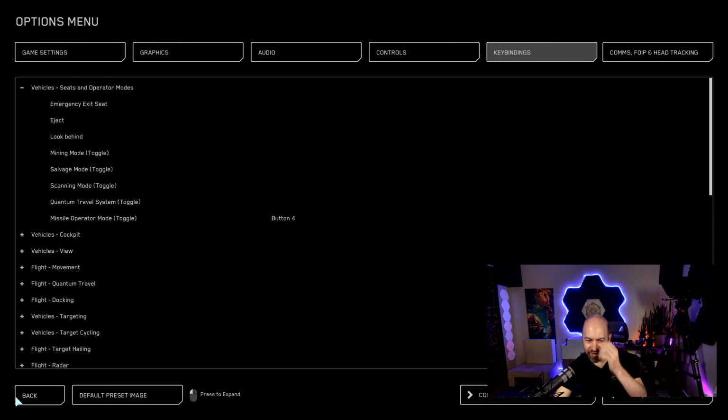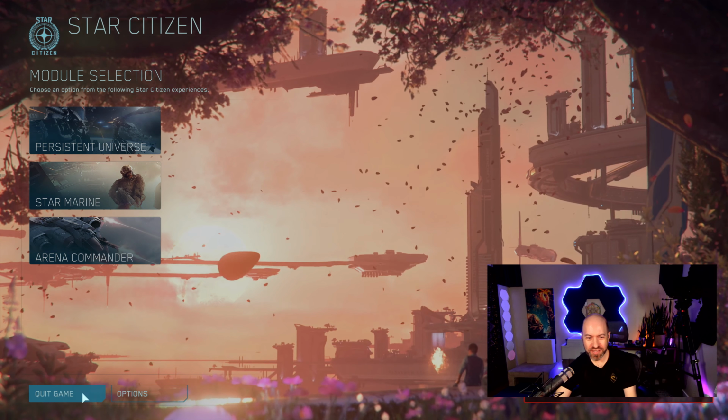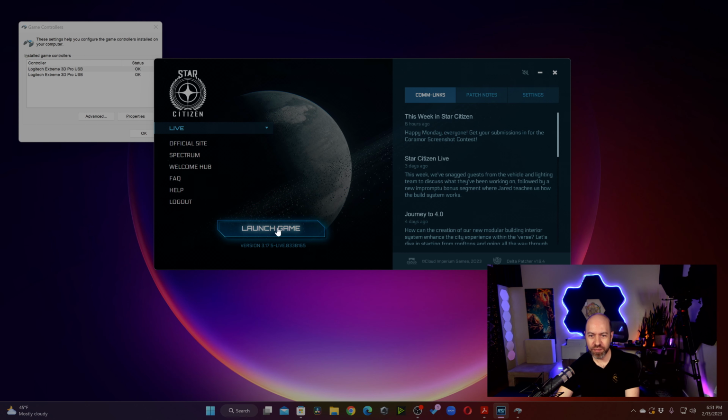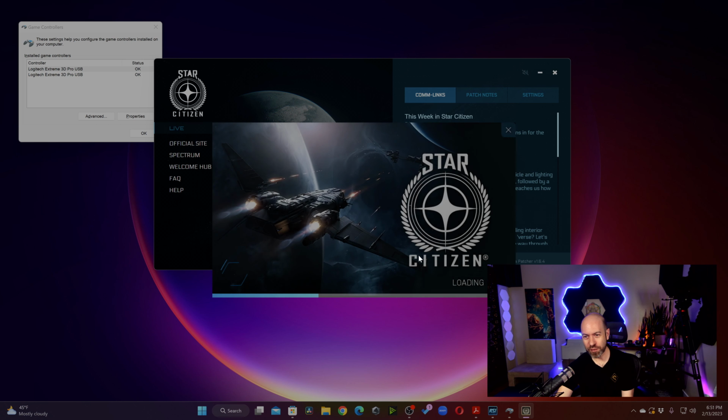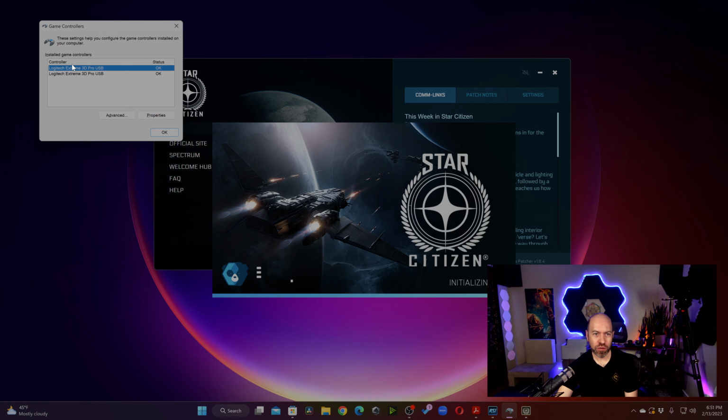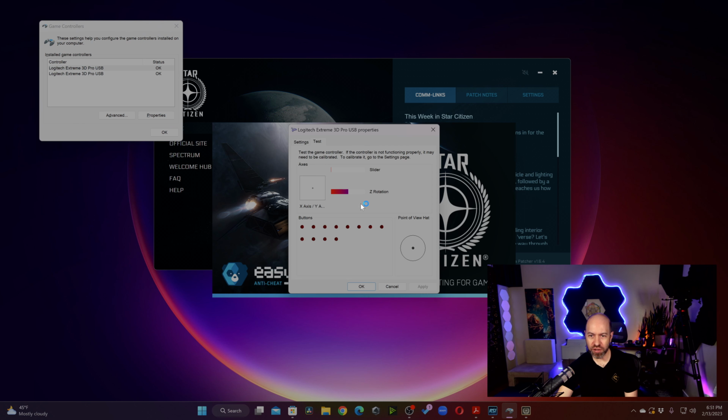Oh, you know what? We're going to need to back out. This is the PTU folder, which I didn't put anything in. So this is a good example. You see it says PTU. Make sure you're on live. Launch the game. Okay. This will load the user folder that actually has the configs. That one did not. Launch the game, please. There we go. Now, if you are, again, you can go to advanced, let's see, properties for your joystick, and